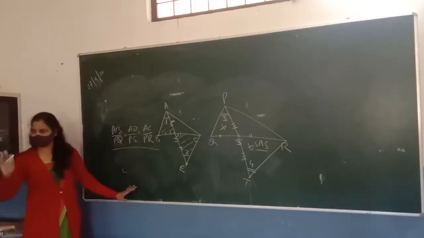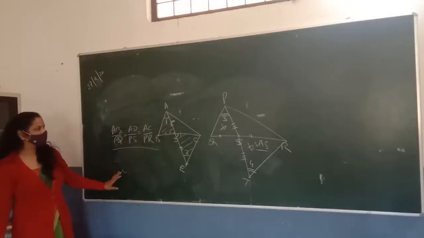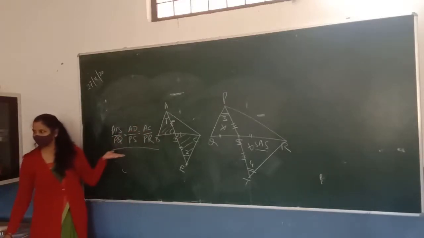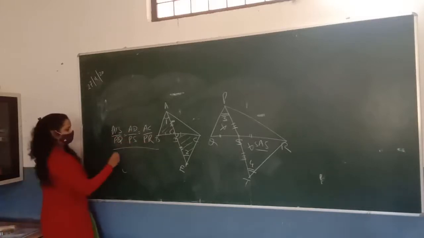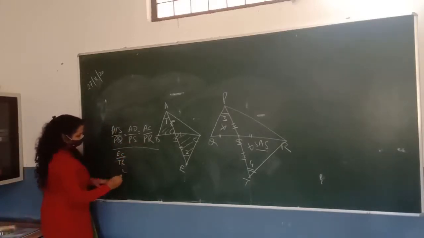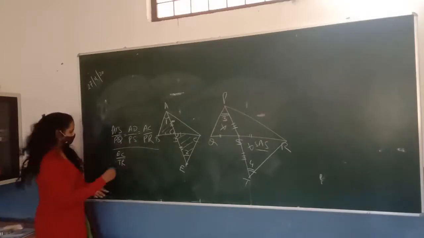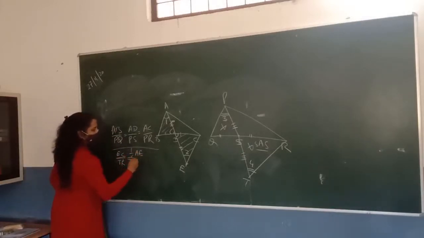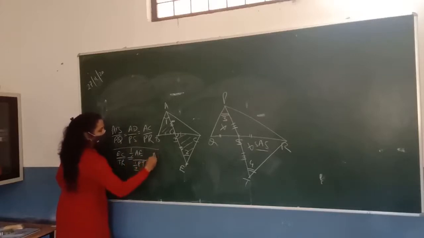Okay? Good. Sit down. Nishant. Angle A bisector? No, this is the median. AD is the median. Use this ratio. In place of BE, we can write EC. In place of PQ, we can write PR. Okay, you should do lots of practice for mathematics. And in place of AD, we can write it like half AE. In place of PS, we can write half PT, is equal to AC upon PR.